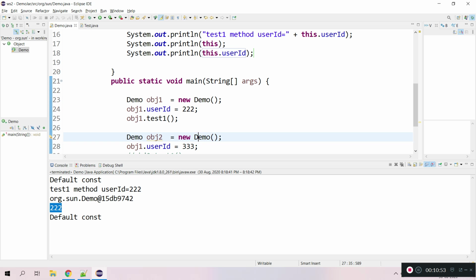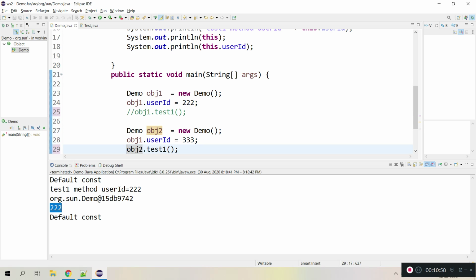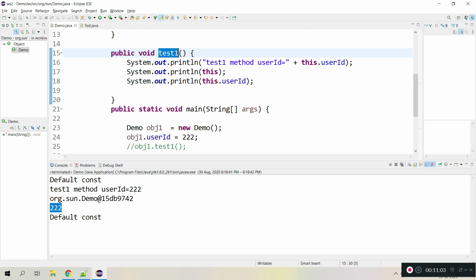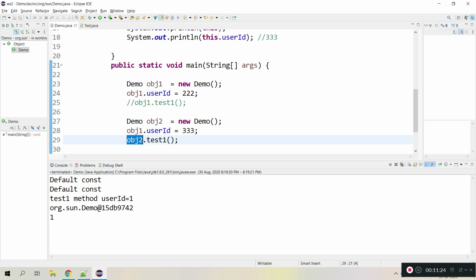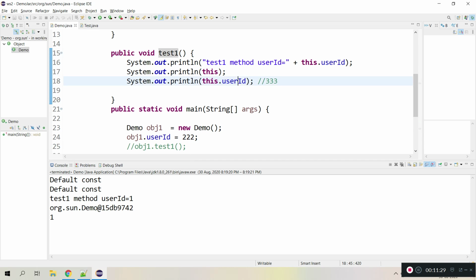And here let me comment this one and call obj2. In this context I am using obj2 and calling test1, so this belongs to obj2. We can confirm that user id should be printed as triple three, which belongs to obj2. Let me run.